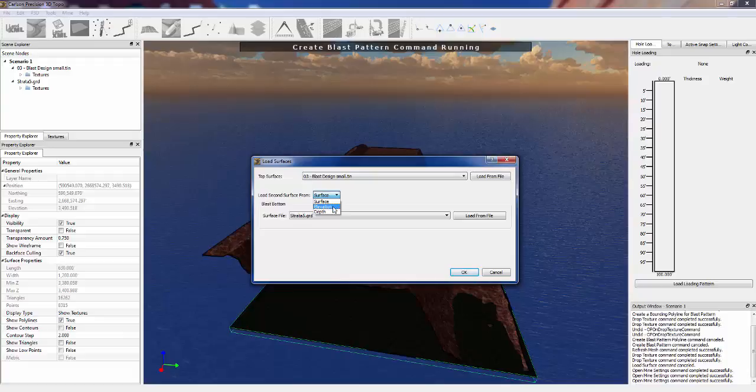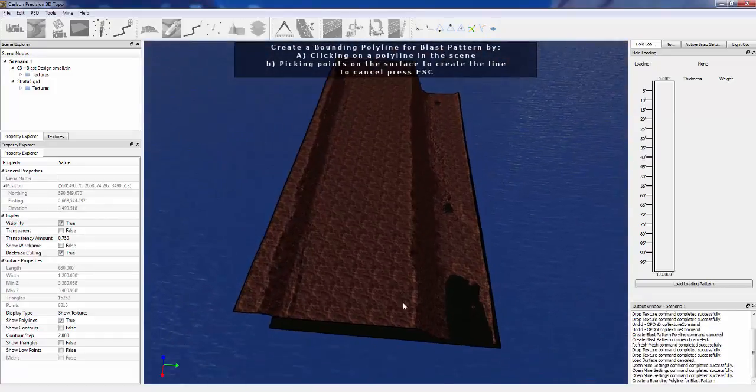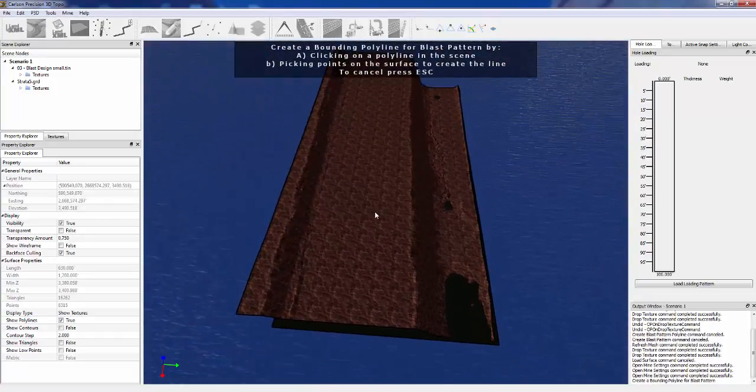So if we wanted to drill to exactly 800 feet in elevation, you can specify that. If you want to do a depth from the surface, so if you want to drill exactly 50 feet from the top of the surface, you can also specify that as well. And now what I'm going to do is pick my boundary polyline. And if you use CARLSON